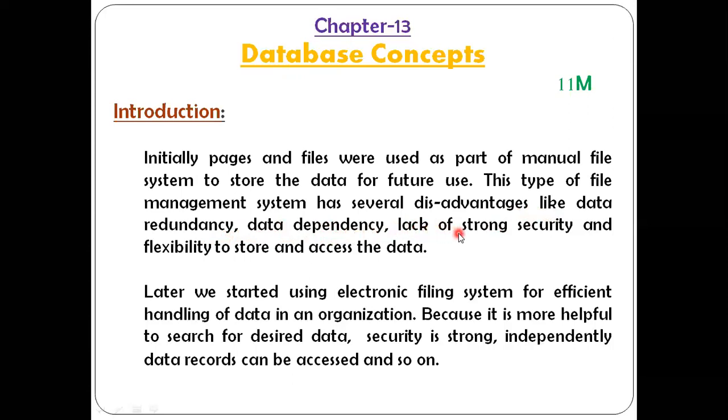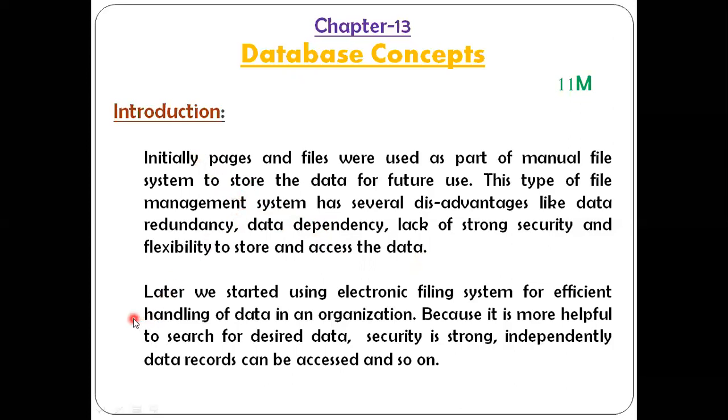Then lack of strong security. This is a major problem. We cannot put security on the files and all, where anyone can access and anyone can modify the data stored in those files. And lack of flexibility to store and access the data. This is about the manual data without the help of a machine.